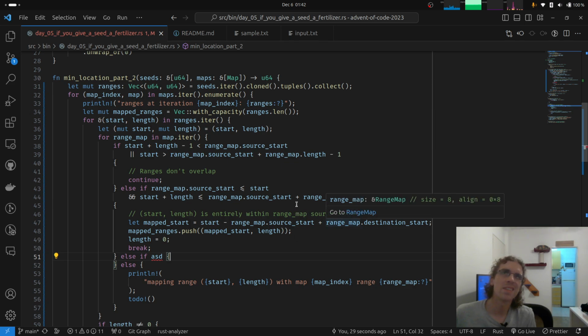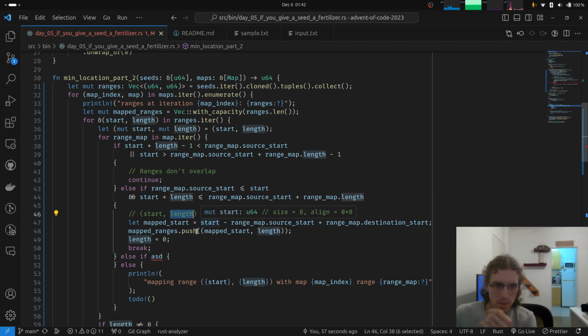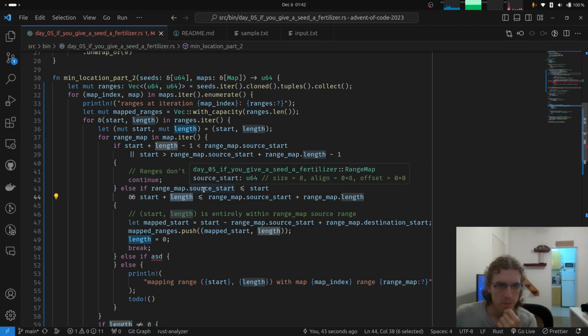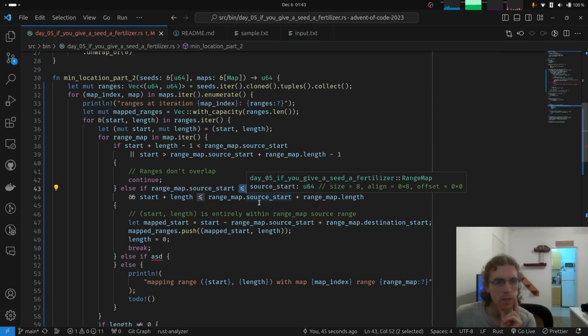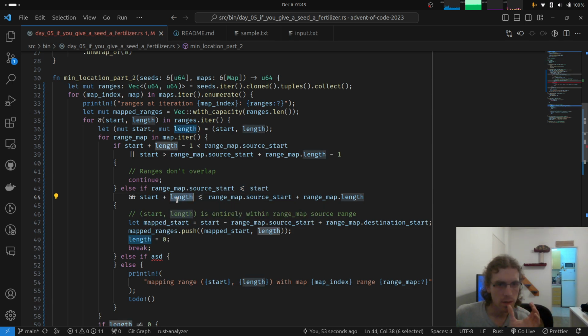So I think that there are three distinct cases in here. Did I actually put the length of this correctly? So source, if the start is less than or equal, so equal is included, and then this plus length is less than or equal. Okay, yes, I think, yeah, this is correct. So now if let's say start plus length minus 1, which is our end,